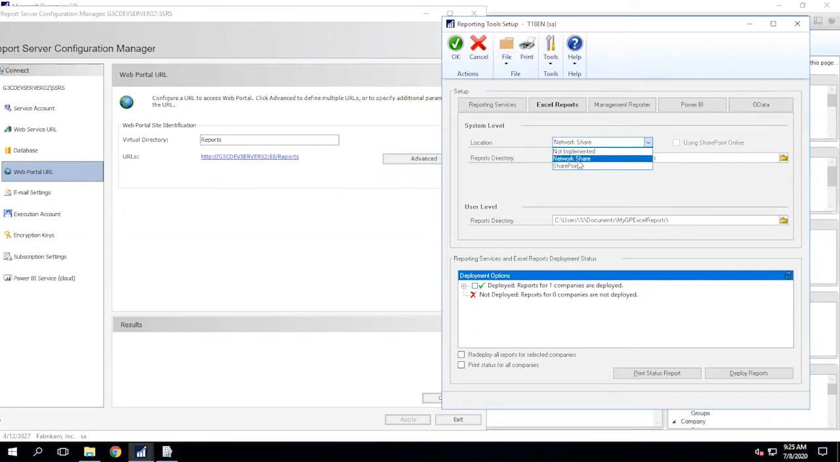Okay, let's leave it as a network share. And here I have to enter the shared folder that we created on the network, exactly the shared folder that we created. Remember that this folder has to have full control for all the users that will access the reports. The user level is an optional